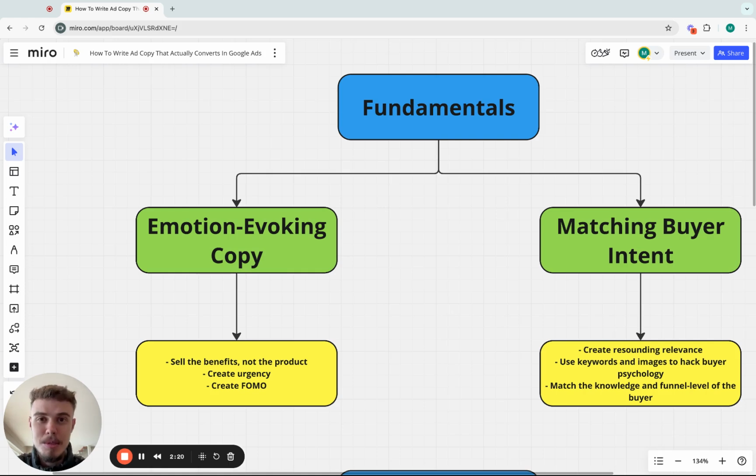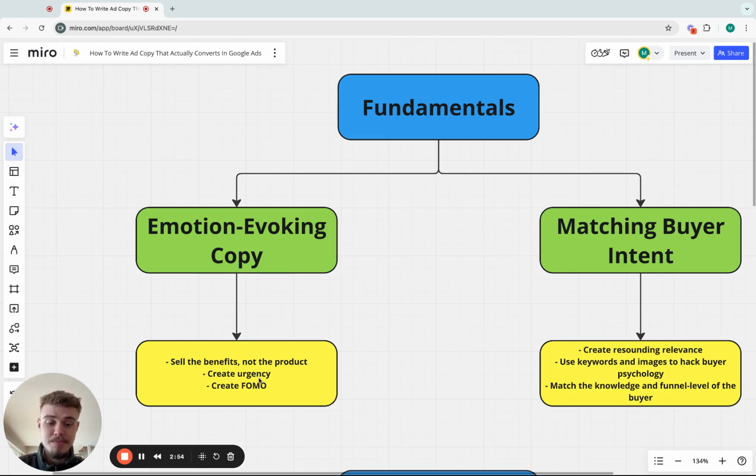You need to sell the dream to people. No one's going to click on an ad just because of something that's in the skin serum. They're going to click the ad because of the results they can gain from the skin serum. So that's just one example, but you need to use this no matter what you're selling, whether it's a product or a service, always sell the benefit. Make people think about their dreams and make them understand that you can help them reach those dreams with whatever you're selling. So sell the benefits, not the product. Always remember that.